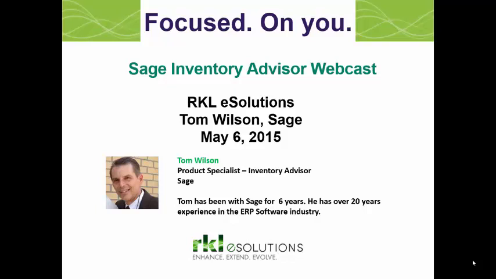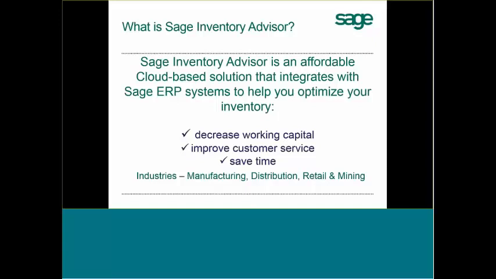At this point, Tom Wilson, Sage's Inventory Advisor Product Specialist, is just beginning to outline what Sage Inventory Advisor is. It is a planning tool, an inventory planning tool designed to optimize your inventory, to identify what inventory you should be carrying compared to what's on hand, identify any items that you have too much of, any items that you don't have enough of, and if you're spending a lot of time planning this manually, this will automate